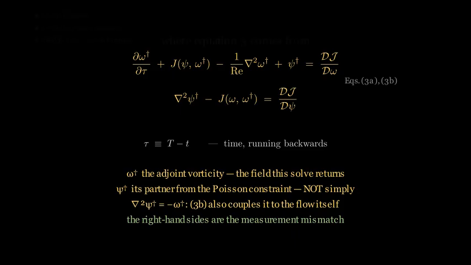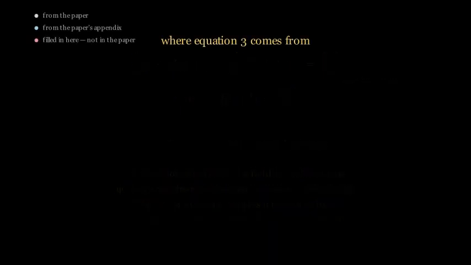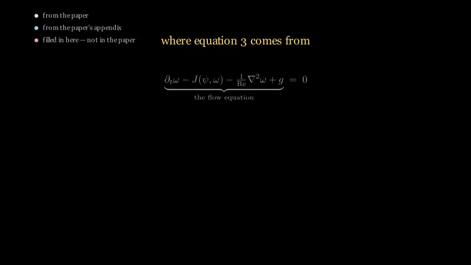So where does that pair of equations come from? The paper states them and points at an appendix. And I think that is worth undoing because this is the same argument behind every adjoint method you will ever meet. And the force version, the one with things on the right-hand side, is exactly where people lose the thread.